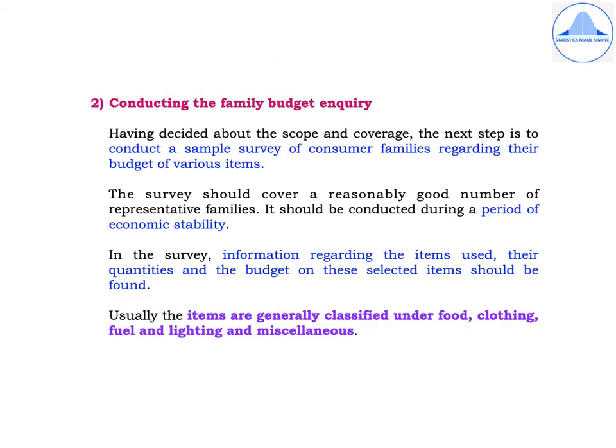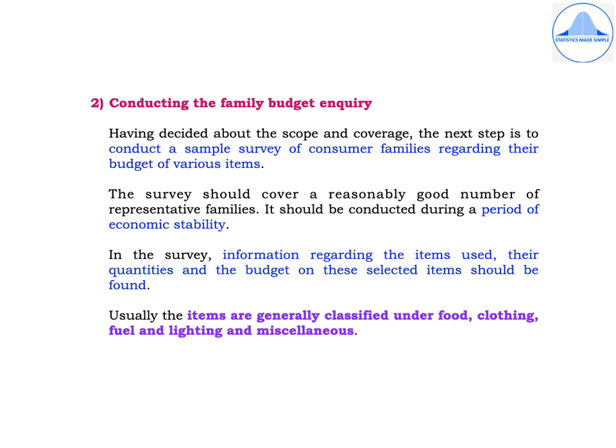The second step is to conduct the family budget enquiry. So once we have decided upon the scope and coverage, the next step is to conduct a sample survey of consumer families regarding their budget of various items. Now, the survey should cover a reasonably good number of representative families, and it should also be conducted in a period of economic stability.